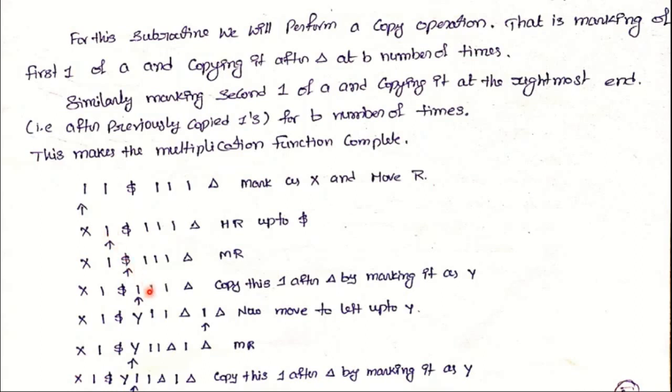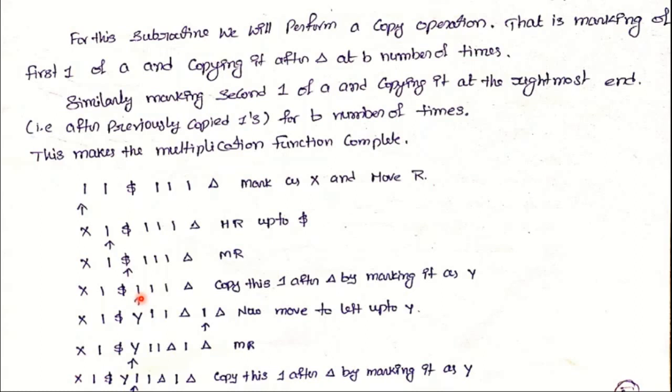So now when we read the first value in B, this value can be marked as Y and then move right until the end of the input tape. So just now we assume we read one value from A and mark it as some external symbol and move right until completion of the variable A, and take one value from B variable and mark it as some external symbol, so that one can be copied at the end of the input tape.